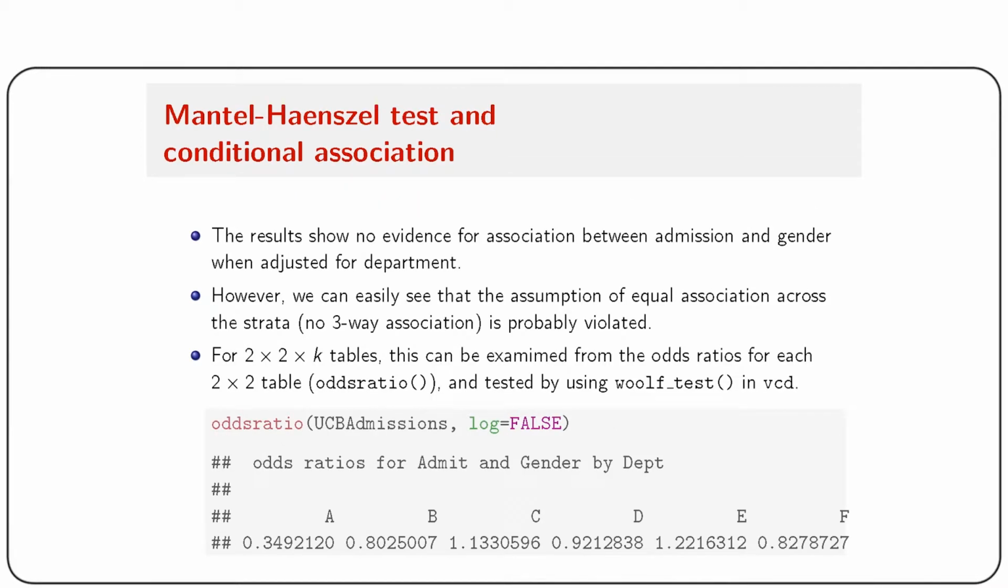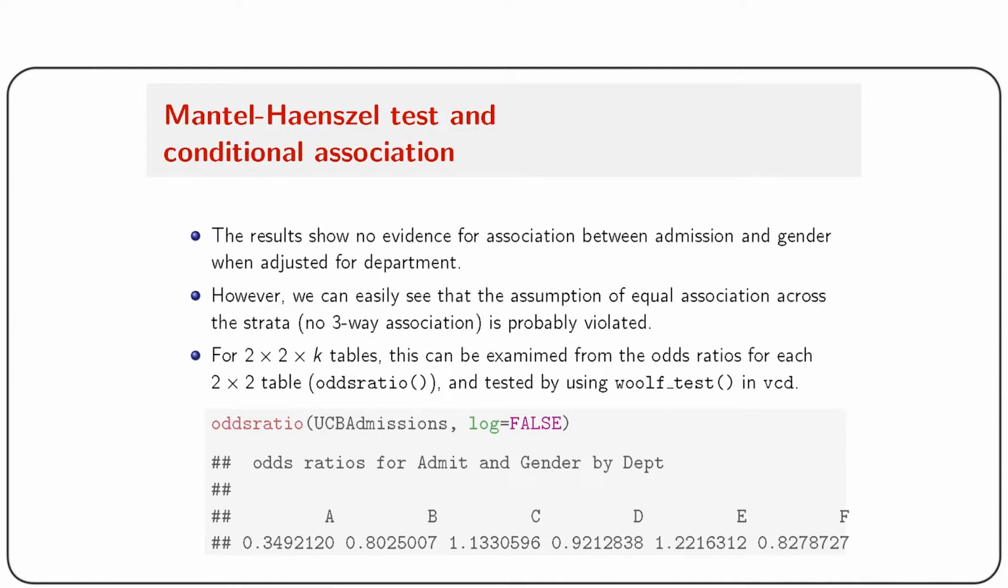The results show no evidence of association between admission and gender when adjusted for department. However, we can easily see that the assumption of equal association across the strata is probably violated. For 2x2xK tables, this can be examined from the odds ratios of each 2x2 table and tested by the woolf_test function